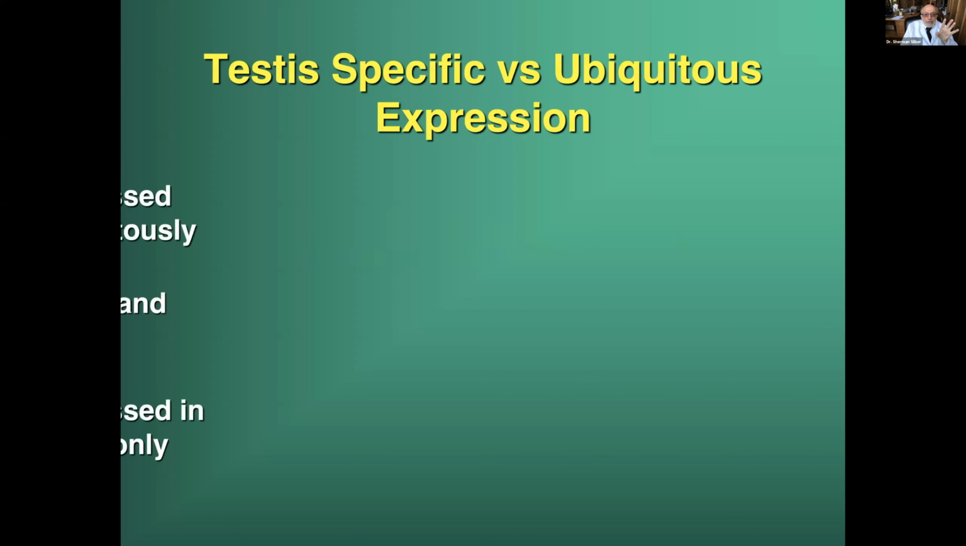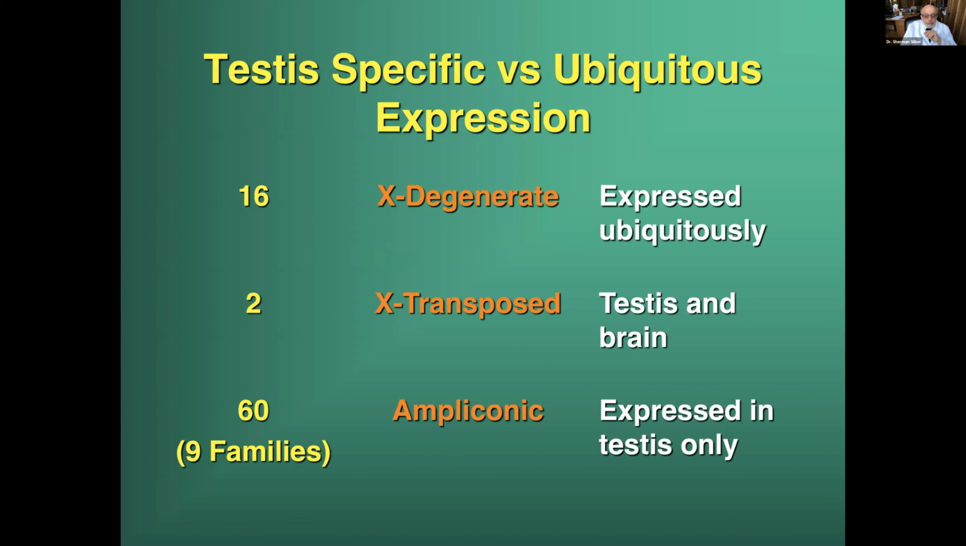So what about testis-specific versus ubiquitous expression that Jenny was talking about? There are three different areas of the Y chromosome after we sequence the whole thing. There's the X-transposed region, which is identical in the female and the male, and they have to avoid X inactivation or we wouldn't be alive. There's the ampliconic region, which is huge, expressed only in the testes. And then